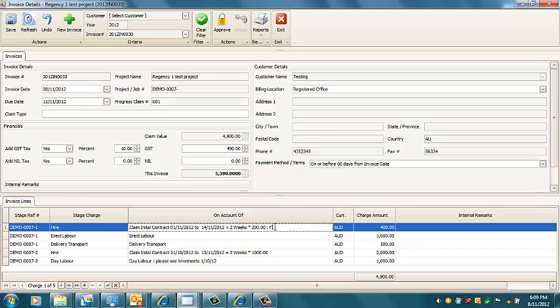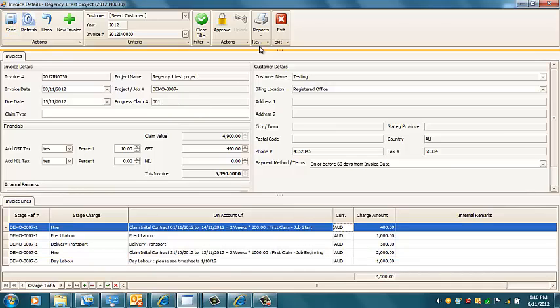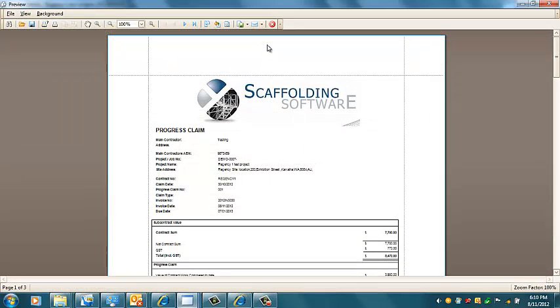You can just type in first claim dash job start, and in here I'll actually say first claim job beginning, and that automatically saves. So from here I can just simply click on Reports Progress Claim, and this is our